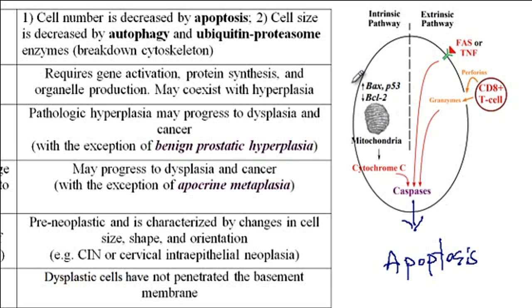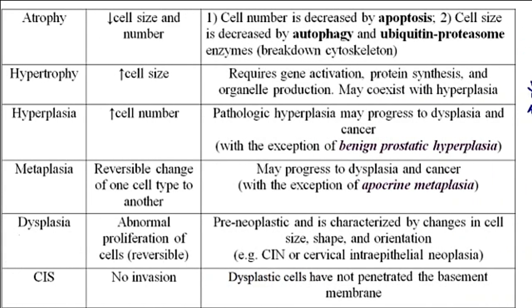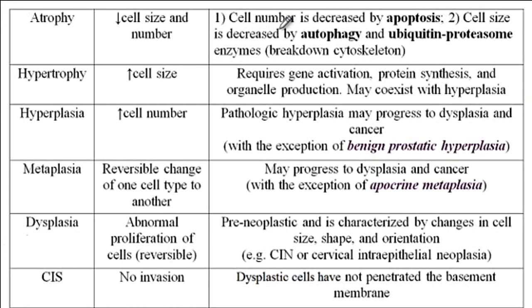Now you can see that if we decrease the expression of BAX and P53 or increase the expression of BCL2, what happens is that there will be decreased apoptosis, as a consequence of which there would be increased risk of cancer development. In any case, back to the table, decrease in cell number is being done by apoptosis,